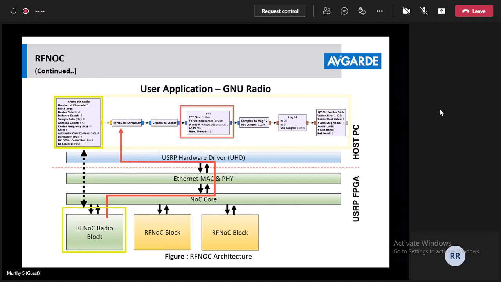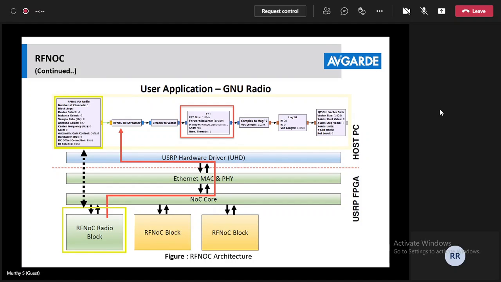We can see here the FFT block, which is a software based FFT block from GNU Radio. If we want to use FPGA acceleration to implement this FFT block, we can go for RFNoC development, use the Xilinx FFT IP core, create a custom computation engine or RFNoC block, and attach it to the NoC core